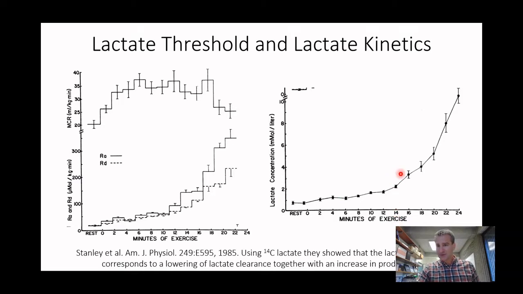We see the first threshold happening at about 14, and the second one at about 20. So now let's look at the rate of disappearance. Rate of disappearance is going up in a linear fashion, and it stays linear out to 16. But we saw that the rate of lactate accumulation in the blood, our bank account, is showing a threshold at 14. So you can see here that lactate production, or lactate appearance, goes up at, or right before, 14 minutes. And this is probably why we see this first uptick: